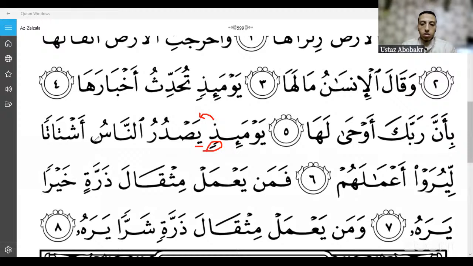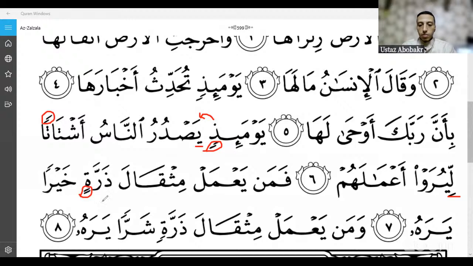And last one, not last one, we have more. We have here ashtatan and then the letter lam. So here this is idgham without ghunna, where we basically skip the tanween sound. So we say ashtatan liyaraw. You can see that I didn't make the tanween sound. Ashtatan liyaraw. And we also have here dharratin khayra. This is idhar, which is clarity, making the tanween clear and normal without ghunna, without making any change to it. So here we said dharratin khayra.